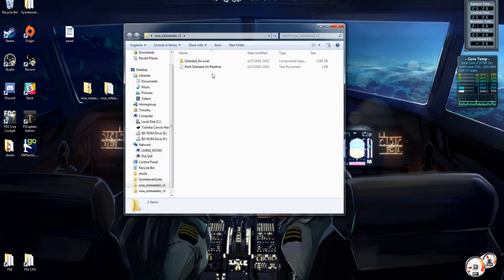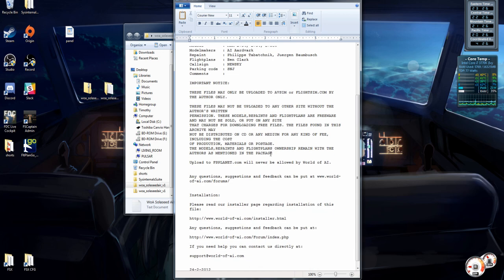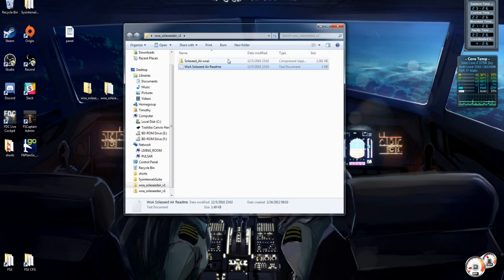So here is the thing. Here's the README. This is, you know, all that. It'll tell you the parking code if you do scenery design. That's the code you need to use to assign them to a particular gate. All that fun stuff. You may notice there's a zip file in here, which is something I usually dread because,